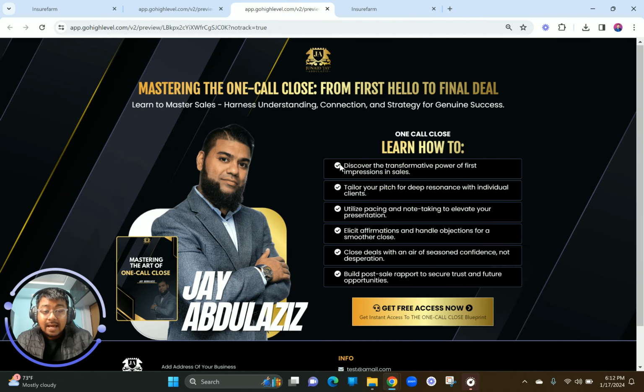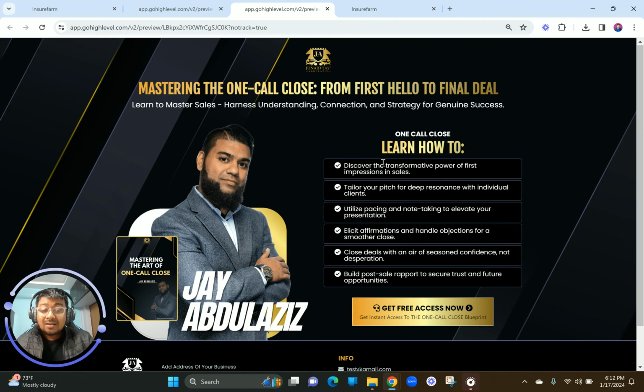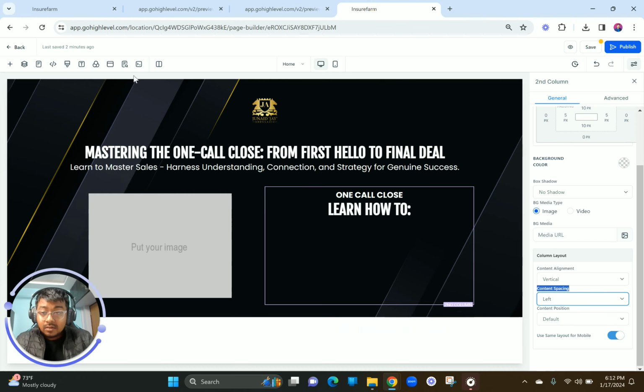Okay, and then you want to add these value added points. What exactly are these value added points? It's basically what they are going to learn, what problems this is going to solve when they opt in. It has to be a lot of value, otherwise people will not opt in. Okay, so this is going to be achieved via,